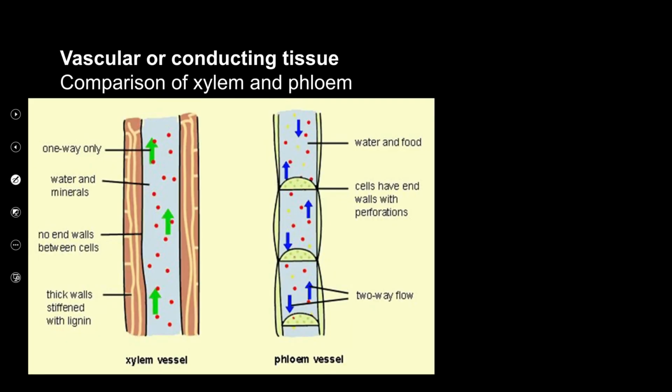This is a comparison of xylem and phloem to show the difference between them. First of all, these arrows show that in xylem, the water always flows upwards. It also shows that the walls are quite thick and there are no cross walls because the cross walls would simply get in the way. This is phloem, okay? And phloem